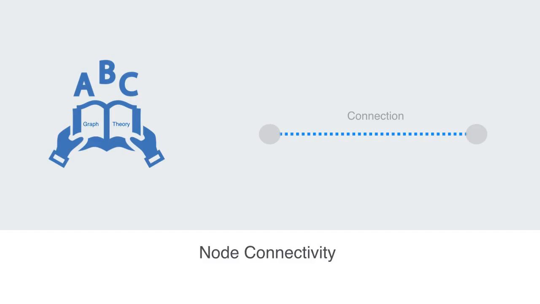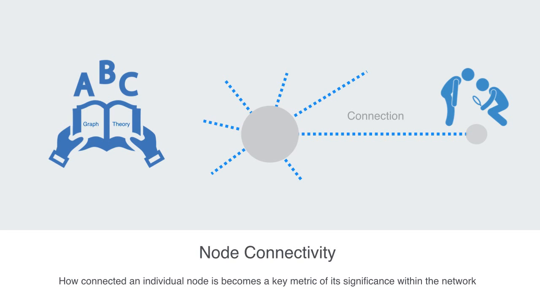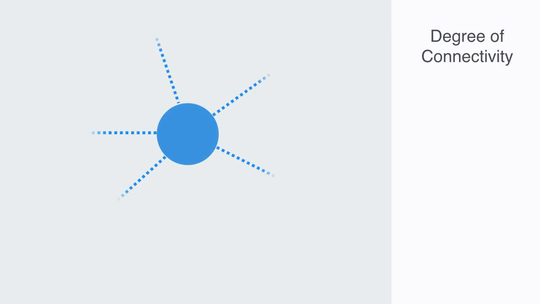As we previously mentioned, connectivity is a key concept within the network paradigm. We often try to measure the significance of a thing in terms of the quantity of one of its properties. But within networks, how connected an individual node is becomes a key metric of its significance within the network. So an important question we will often be asking is how connected is any given node in the network? And this is termed its degree of connectivity. The degree of a node in a network is a measure of the number of connections it has to other